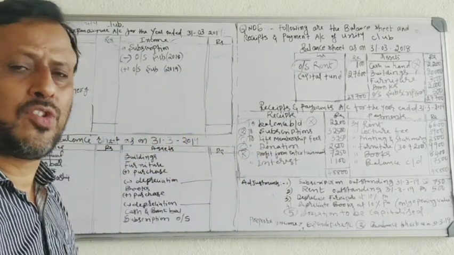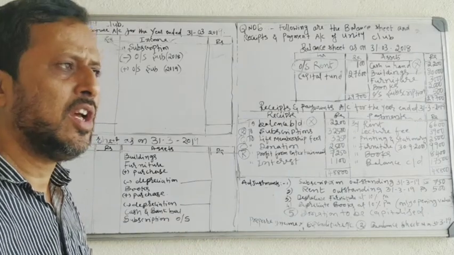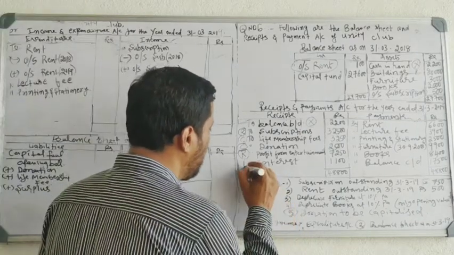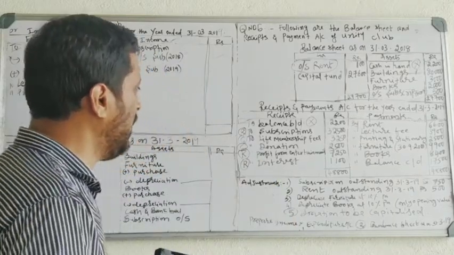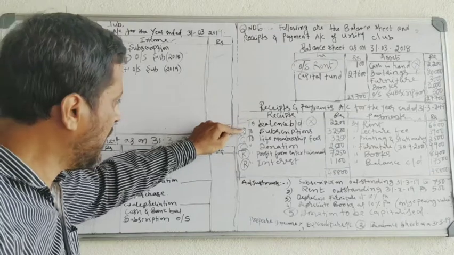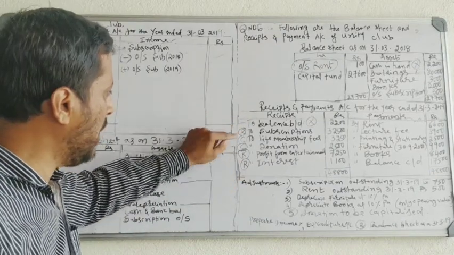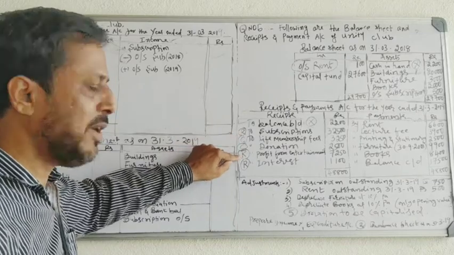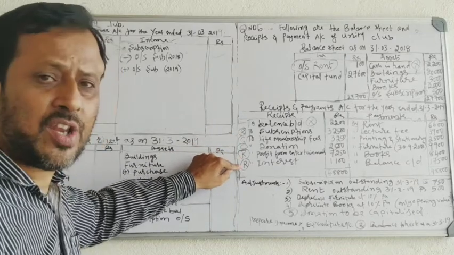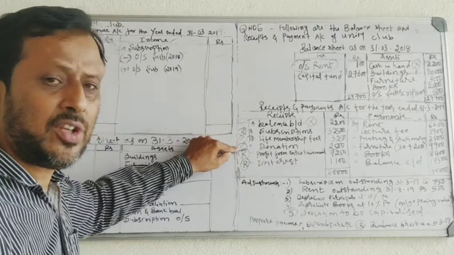Interest is received either monthly or once in 3 months, once in 6 months, once in a year. So it is a regular receipt. It is also revenue receipt. See, totally you have 6 items. One, balance brought down, you should not take. See the other 5 items. In these 5 items, 1, 2, 3, subscription, profit from entertainment, interest. These 3 are revenue receipts. Life membership fees and donation is capital receipt.